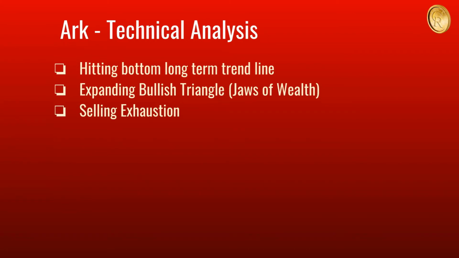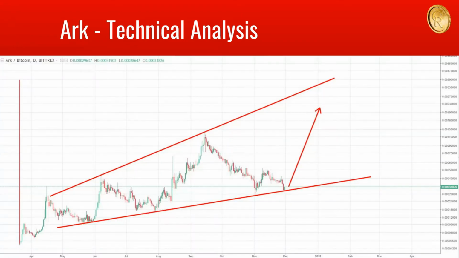On the technical analysis side, I'm going to look at a few things, the long trend lines. I'm going to look at the bullish triangle forming and talk a little bit about exhaustion. So this is Ark in Bitcoin, and what you can see here is after Ark released, it started running. It had a nice little bull movement through September. During that August period was a pretty big boom for a lot of cryptocurrencies. But then in September and October, we saw Bitcoin get really strong. So almost every alternate coin really did poorly in the last few months.